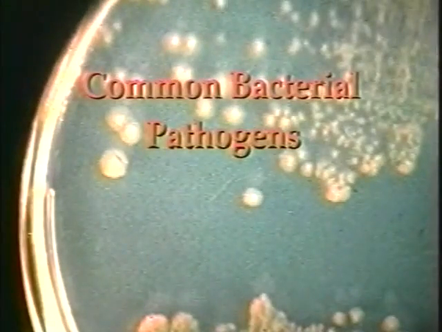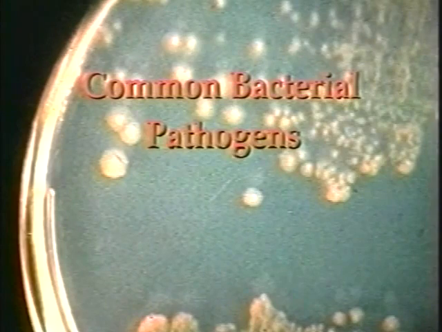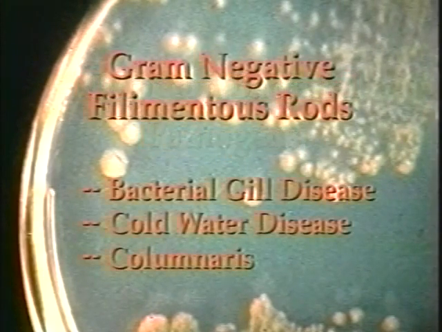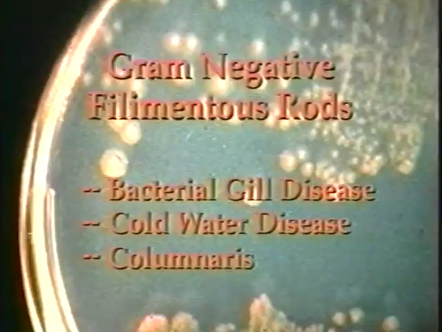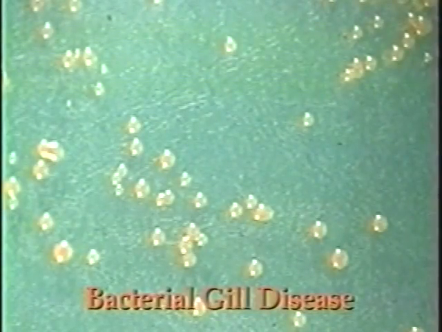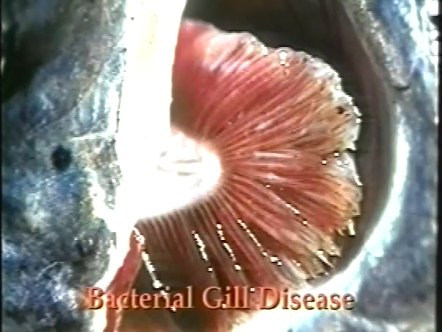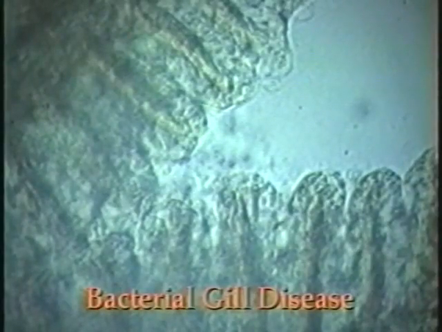Of the numerous bacterial pathogens that affect salmon and trout, relatively few are isolated routinely. The bacteria that cause bacterial gill disease, cold water disease, and columnaris disease are all gram-negative long thin rods. Bacterial gill disease is associated with stresses like crowding and poor environmental conditions. As the name implies, the gills are primarily affected, and signs of disease include flared opercles, fused gill filaments, and